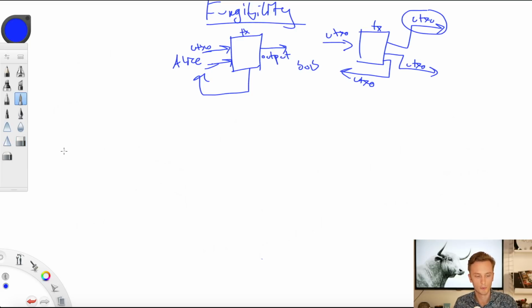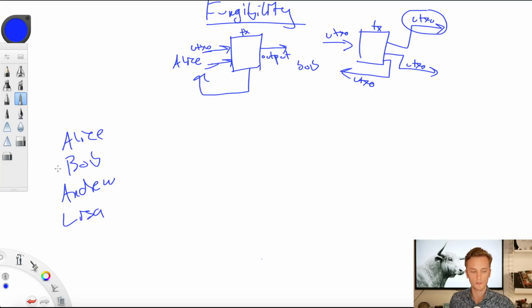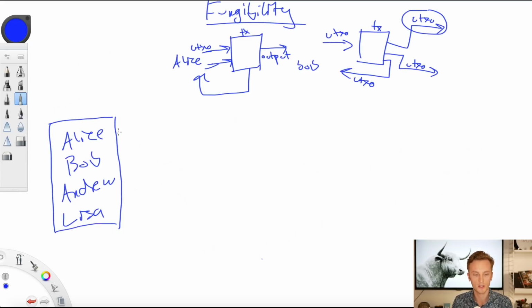If we have multiple people, we have Alice, Bob, we can have Andrew, we can have Lisa. All of these want to send Bitcoin payments. So they go together and they collaborate and they say, hey, we like privacy, so we're going to create a transaction together. So we're going to take all of the outputs. Maybe they have 2 outputs each that they want to spend in this, or maybe Lisa has 3. And they're going to collaborate and create a transaction